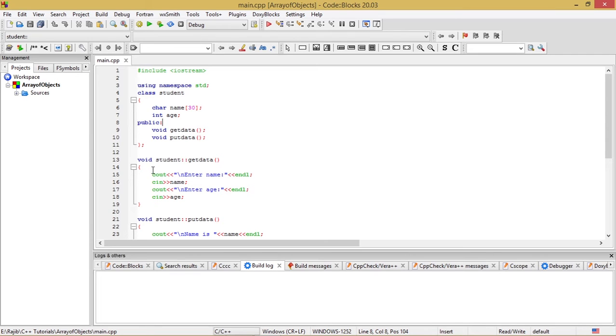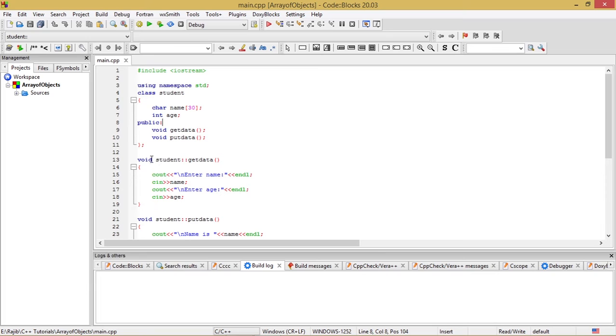Since we are defining this getData function outside the class, we need to write it in this fashion.